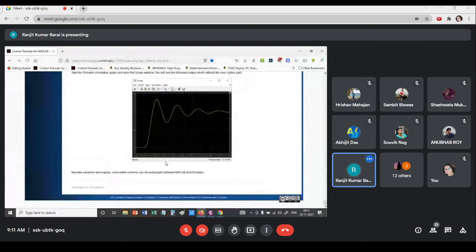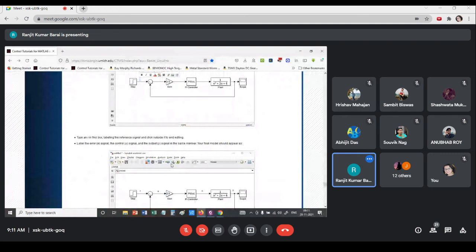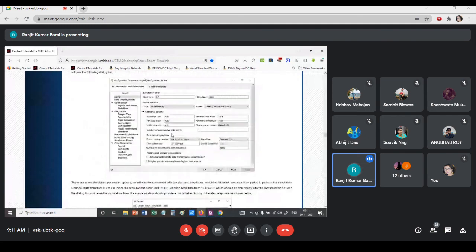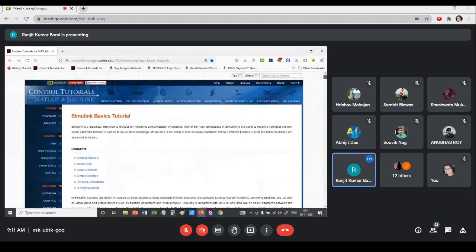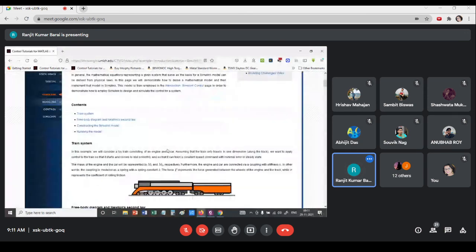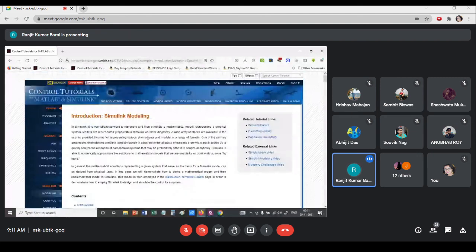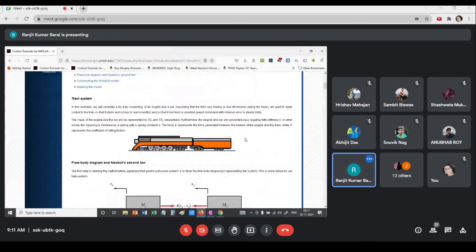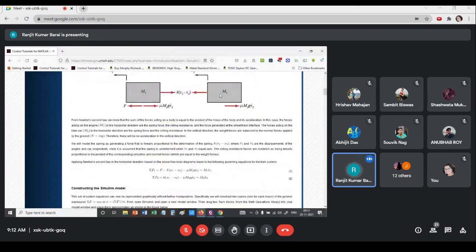So these are all the basic lessons about Simulink. You replicate all the tasks given over here, like running simulation and modeling. The homework is to do this basic modeling, and then a double mass spring damper system. The railway coach, the train system, can be modeled as a double mass spring. This is a very standard or benchmark simulation model.